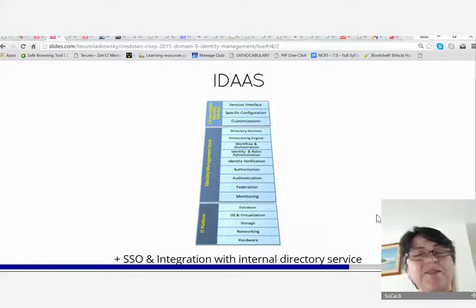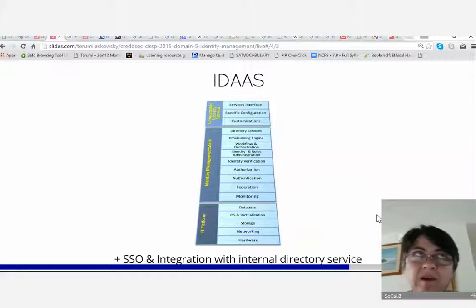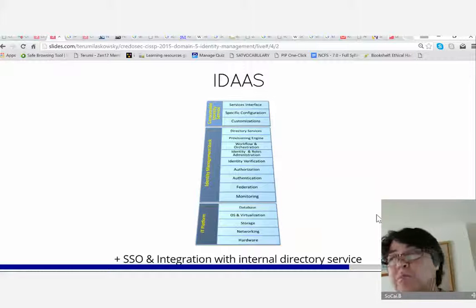Yeah, you're right. So with IDOS, though, what this thing will look like, it's a cloud, right? So at the IT platform level, it's a place that you don't get to see. They have all the hardware, networking, all that stuff. But SaaS, PaaS, whatever you use, you don't get to see that. And the interface on the top, the consumable identity service, is how you interface into it. So it depends upon what you use, but the middle, right?